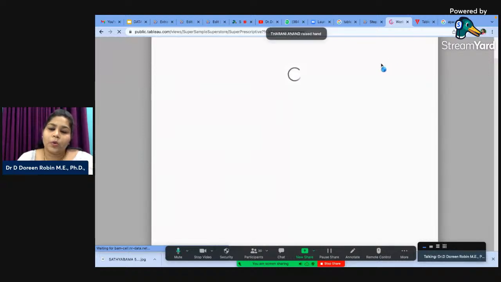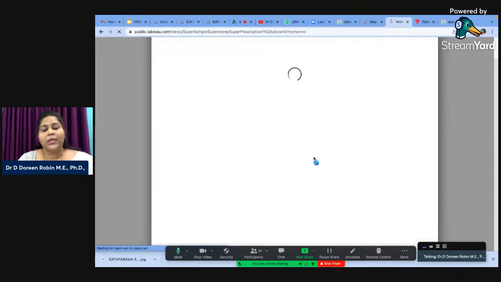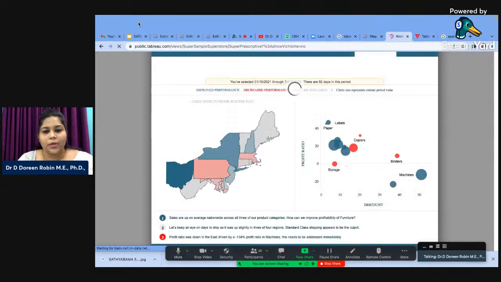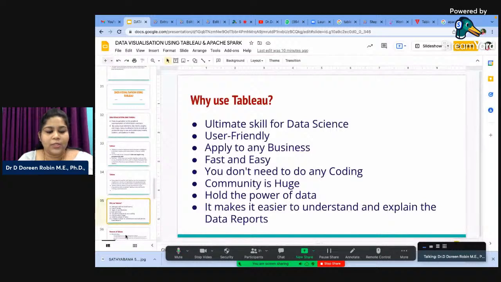If you want to work collaboratively with 2 or 3 workbooks, and each workbook contains 4 or 5 tables, everything can be integrated for data visualization using Tableau. Whatever dates I've selected, you'll be able to see. What are the features of Tableau? If you could see here,